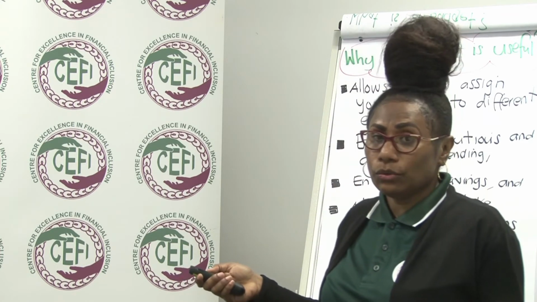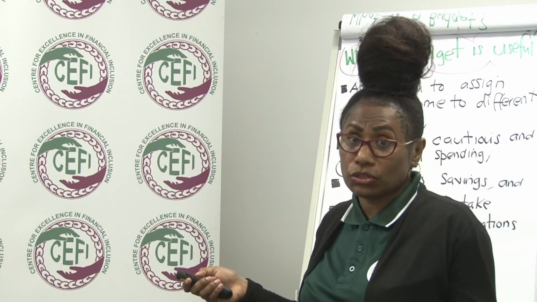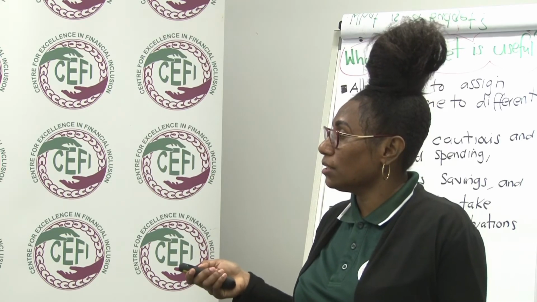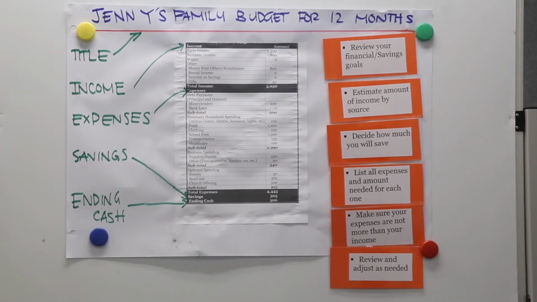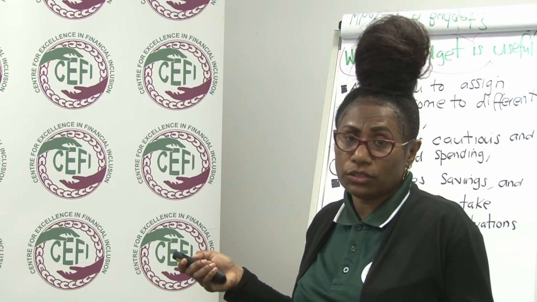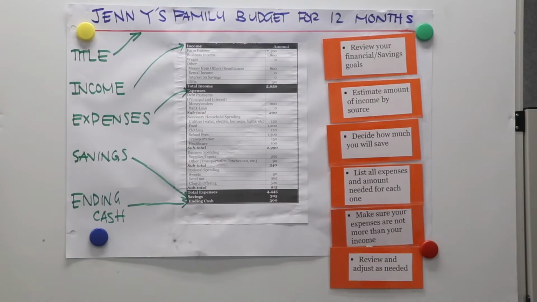And in your resource book, when you looked at it, Jenny has a couple of income sources. One is from farm, business, wages, remittance, rental, interest on savings, and gifts. Now, interest on savings basically is the money that she put in one of the financial institutions that generate interest on her own money again. Okay, and then when you look at the expenses, she has a lot of expenses. However, she has an ending cash of 300 kina.